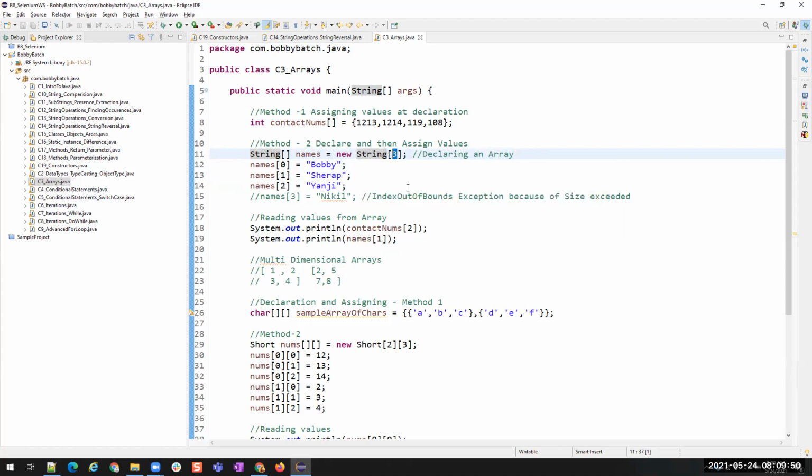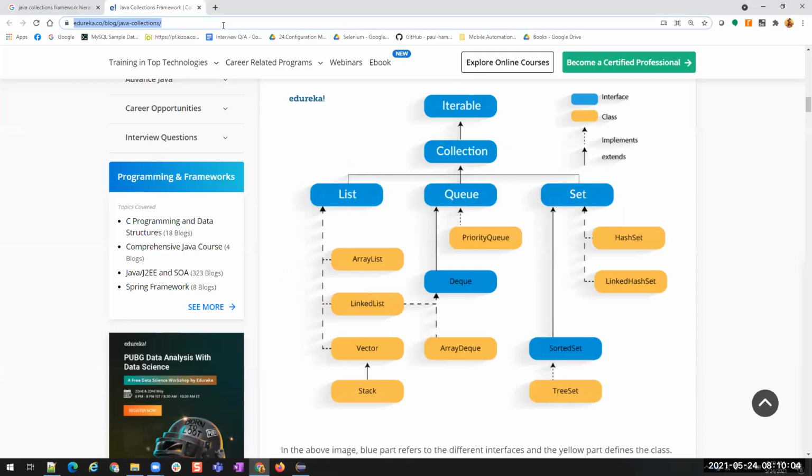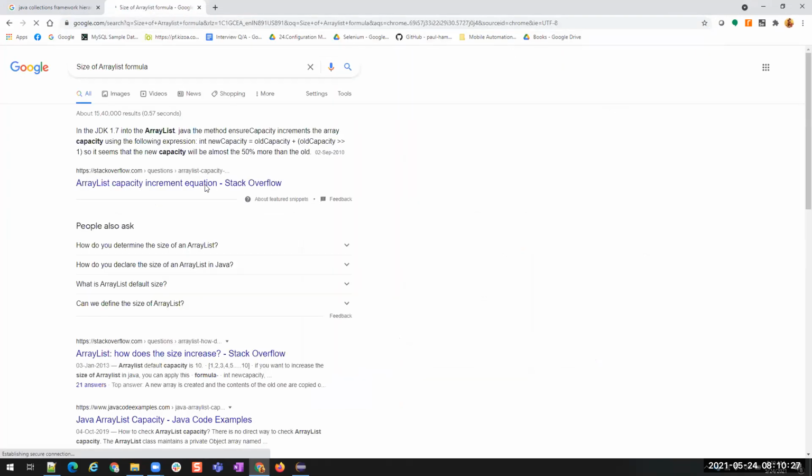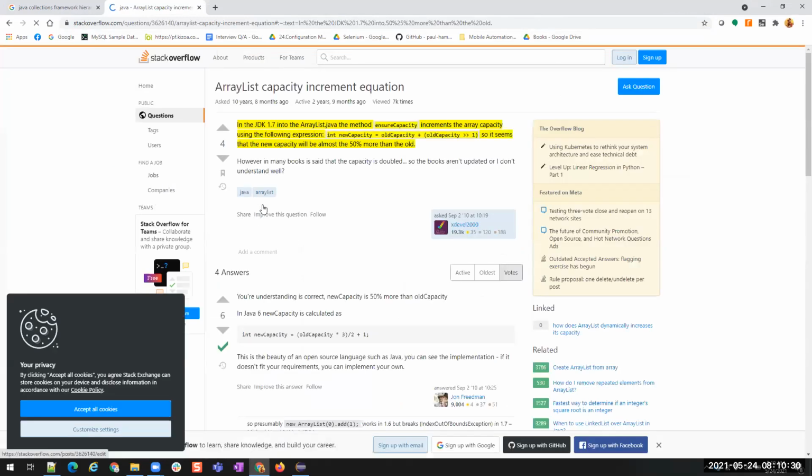But for the collection framework, like I said, the size will be dynamic in nature. So we are not going to mention the size prior to it. Then how is it going to do? When you create an object, by default, it will allocate some memory. For example, if it is allocating size 1, then later we are adding the second element. When you try to add the second element, automatically the compiler is going to increase the size of this list. There is a formula for this which is being implemented.